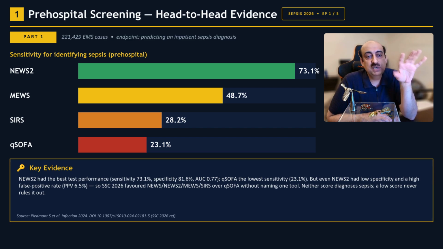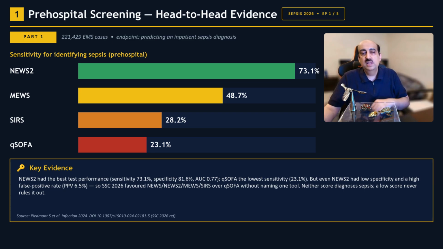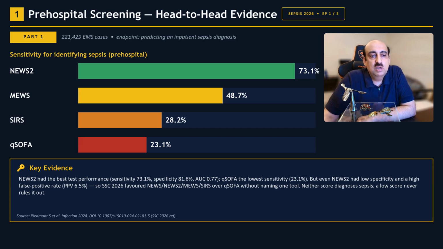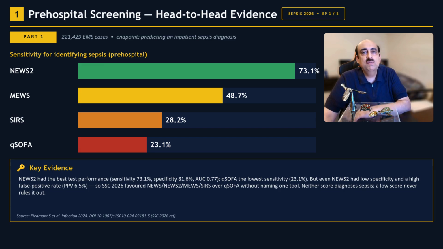It was a retrospective cohort study with claims data from EMS cases, paramedics, and emergency physicians. They looked at how many of those patients eventually turned out to have sepsis as a diagnosis, etc. Based on different analyses, they calculated 5 screening scores